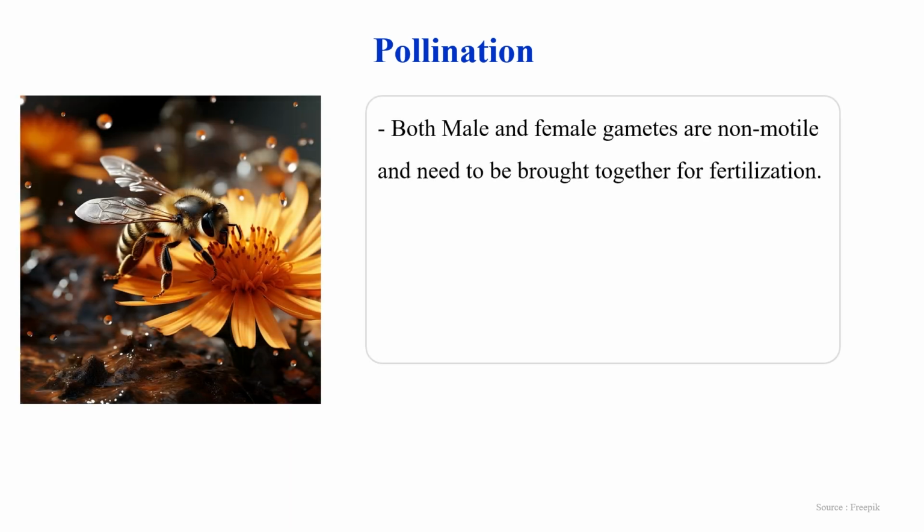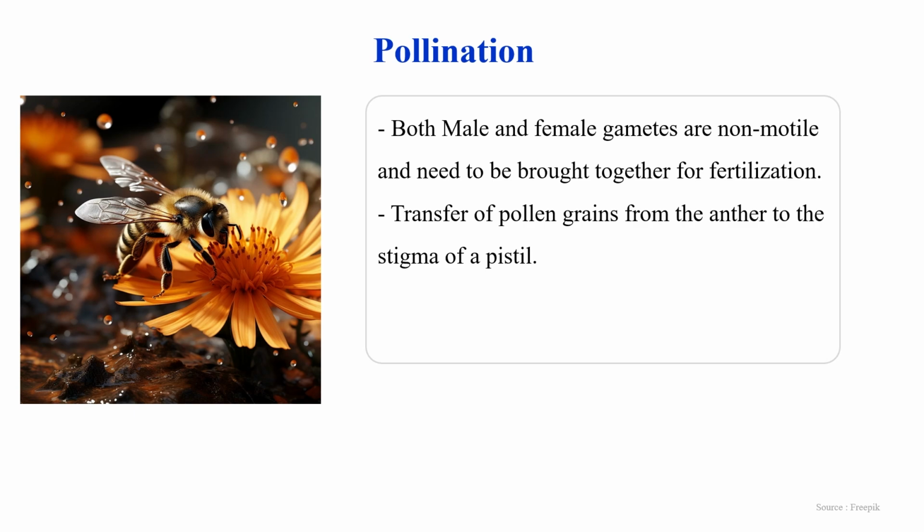So, what is pollination? As you know, both male and female gametes are non-motile in plants, right? And they need to be brought together for fertilization. Why are they present in the flower? Because of fertilization, right? But they are non-motile, so with the help of any abiotic or biotic agent, they need to be brought together for fertilization. So, transfer of pollen grain from the anther to the stigma of the pistil